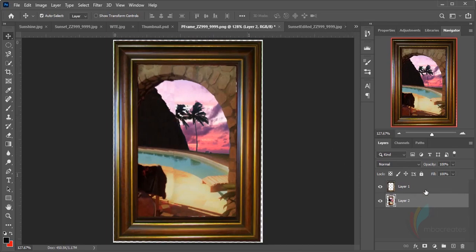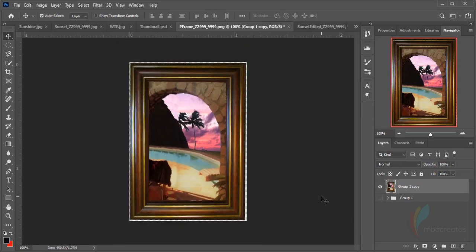You can now select both layers, group them, make a duplicate by pressing Ctrl J. The reason why we are doing this is I want to get rid of the extra edge here. So with the one we've duplicated, I'm going to press Ctrl E to merge it. I'm going to hide the one beneath